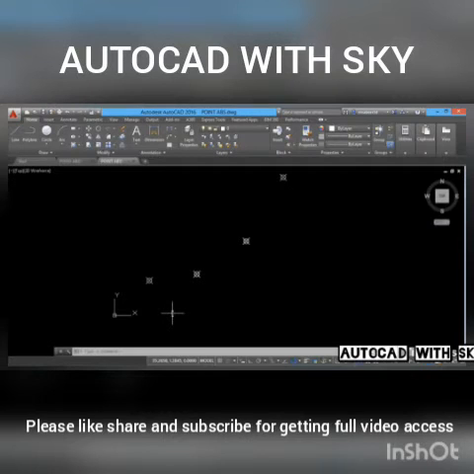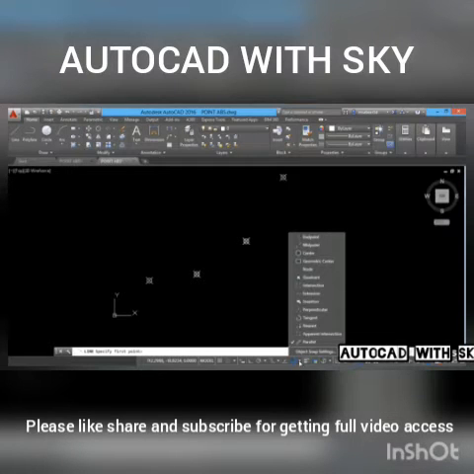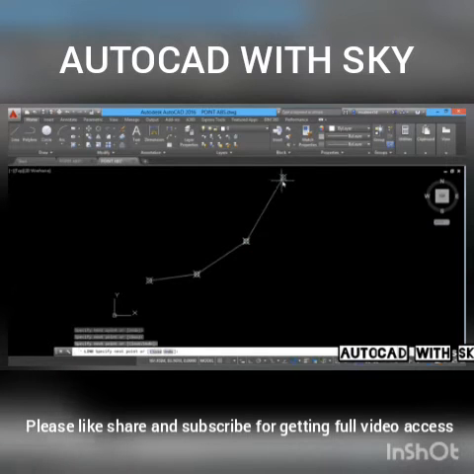So let's draw lines connecting these nodes. I'll click on the line command. I want to get this point. If you want to catch this point, you have to activate the node option in the object snap. We'll have an exclusive session on OSNAP in the coming tutorial. Anyway, I have activated node. Then I've started from this point to this point to this point to this point. Hence, I have used these nodes as references to construct lines. So that's all about points.